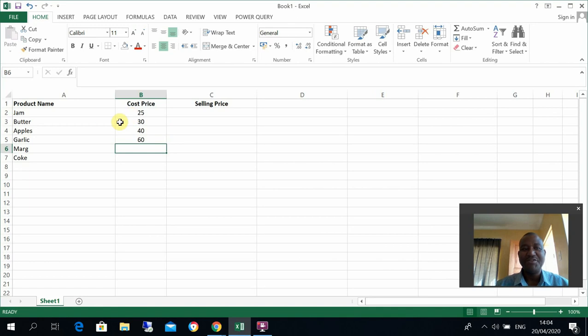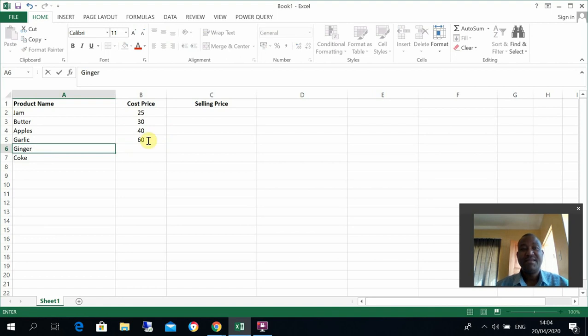Okay, I've butter, margarine. Let me change this to ginger. Okay, ginger, I'm going to pay like 45 Namibian dollars for my ginger. My 2-liter Coca-Cola for the day,